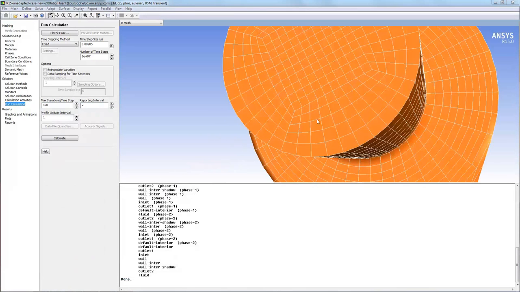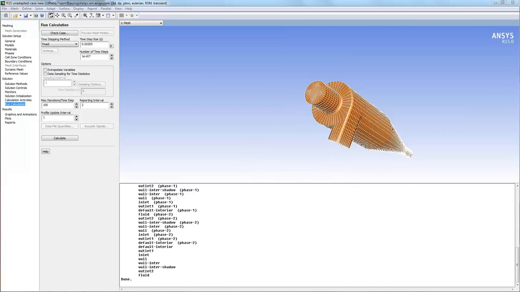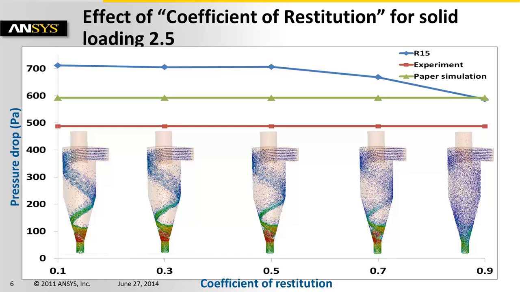Let us now move to the results section to discuss some of the interesting findings from the parametric variations. The first parameter considered for this parametric study was the coefficient of restitution. It is known that particles congregate at the wall immediately after entering the inlet and then descend in helical strands. Contrary to belief, this pattern was observed with a lower value of coefficient of restitution, as can be seen from these images. We have chosen the value of 0.3 for the rest of the simulations.